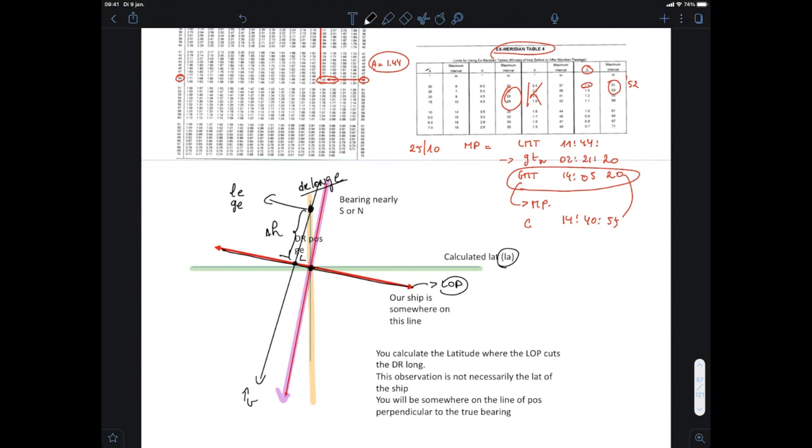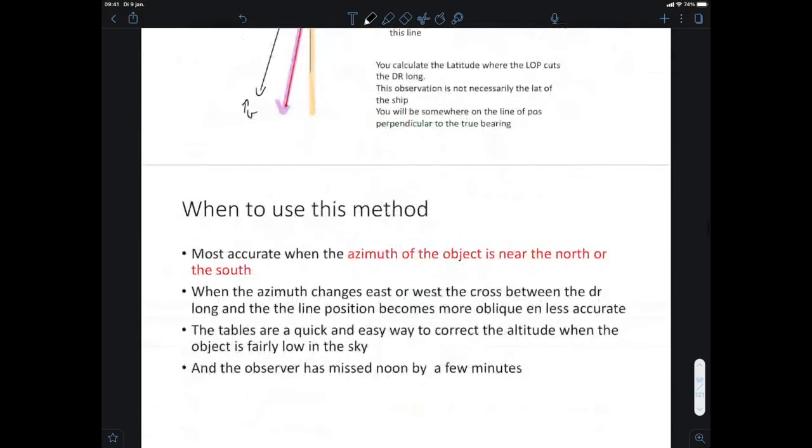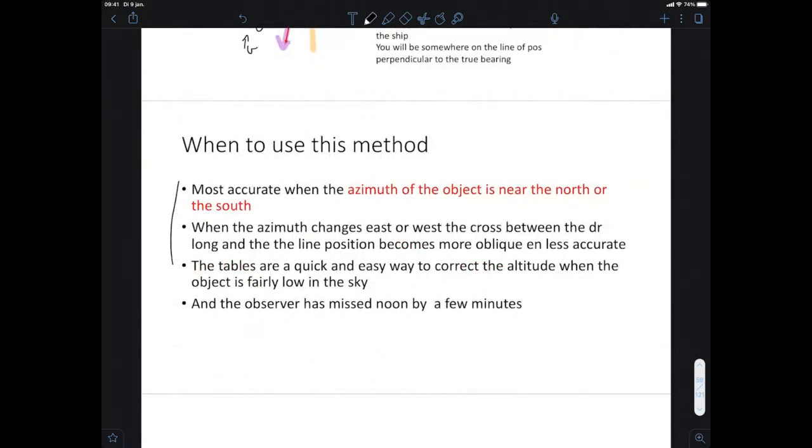You can use the X-Meridian tables to use the shortened formula, being LV or LA is zenith distance plus or minus the declination. Voila. Okay, so voila. When should we use this method? To recapitulate, the method is actually the most accurate when the azimuth of the object is near the north or the south. And so when is your azimuth or your true bearing north or south at the moment of meridian passage? You know there is an interval defined by the factor A,